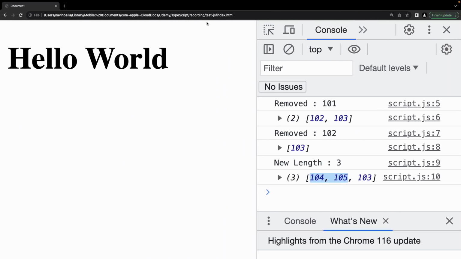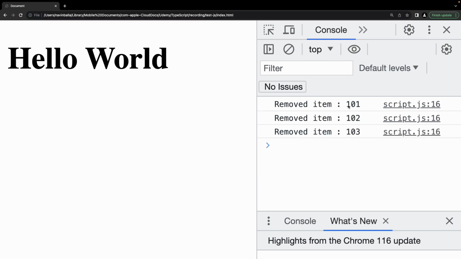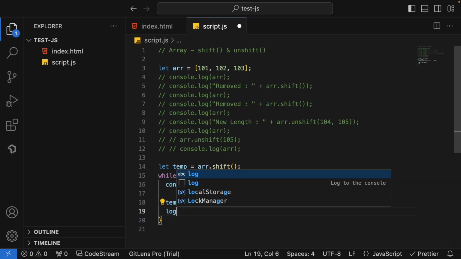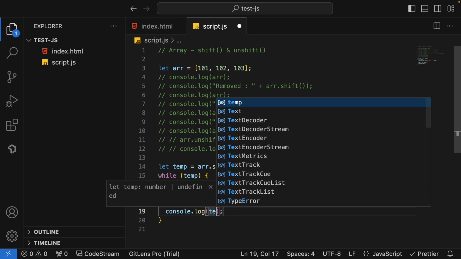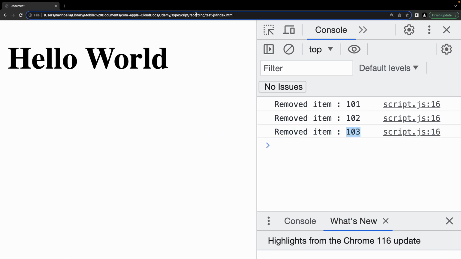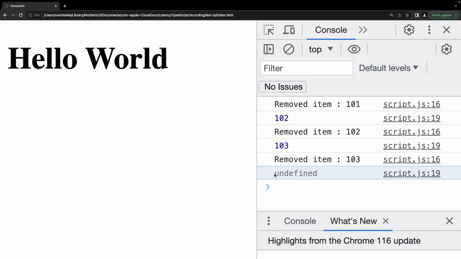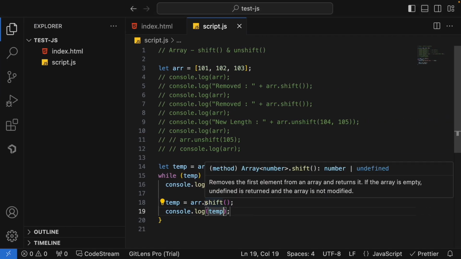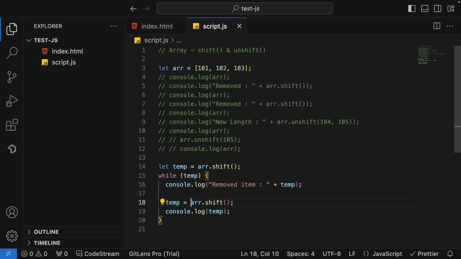Let's see now. So we are getting 101, 102 and 103, and after this our loop is getting terminated. If you want to see what all the elements are that we are getting inside this temp variable, that is interesting to see in this case. So at the end you can see we are getting undefined because when I'm removing my last element and after that I'm trying to remove one more element from an empty array, it will give you undefined,